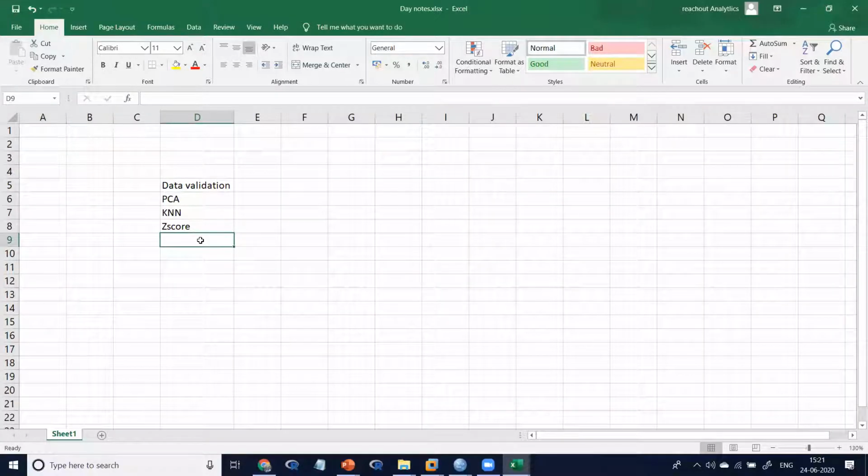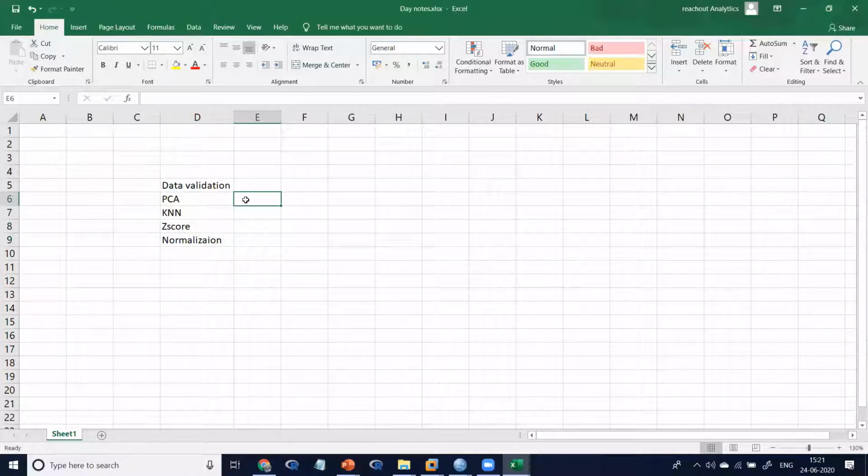Z-score, one validation technique. And normalization, one standardization technique. These 4 techniques are crucially important for building any machine learning model.